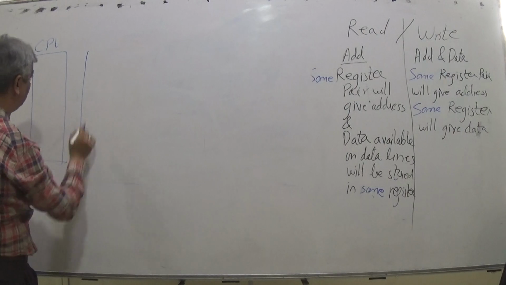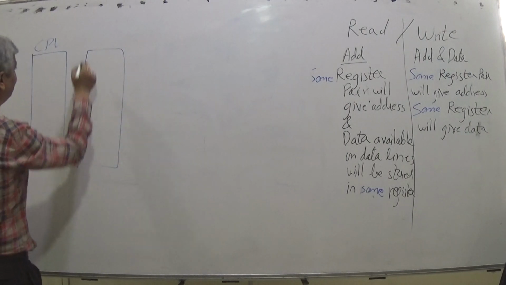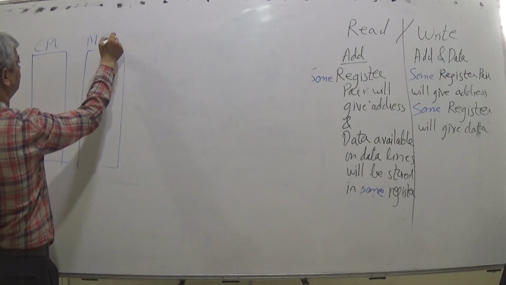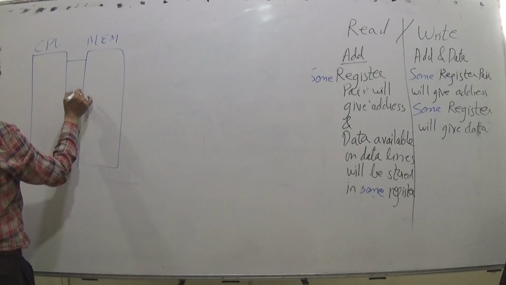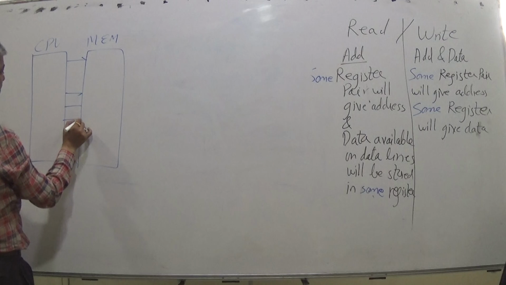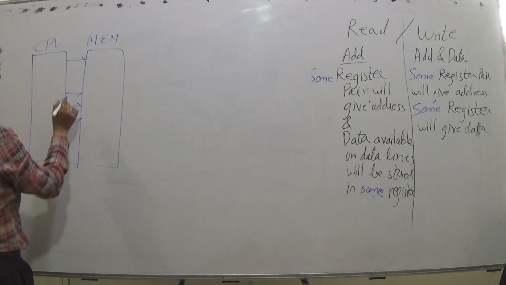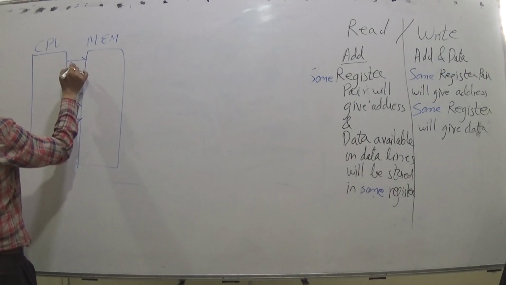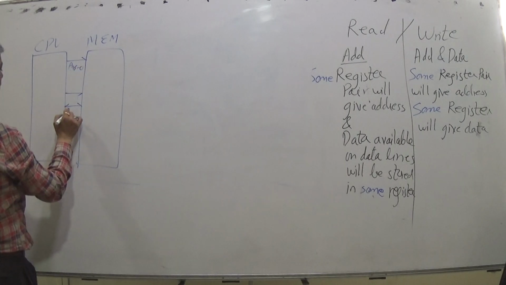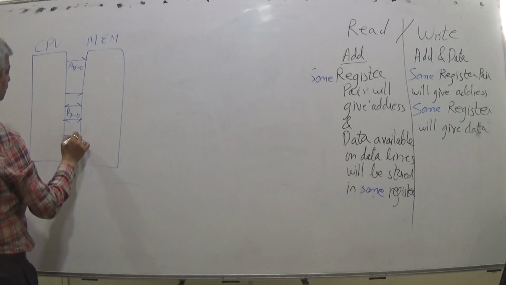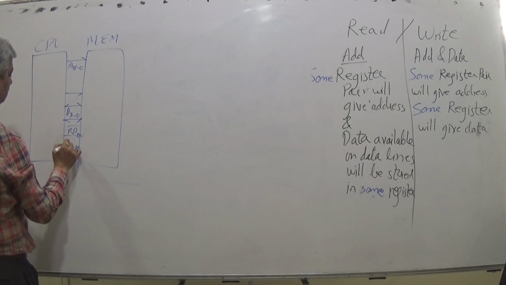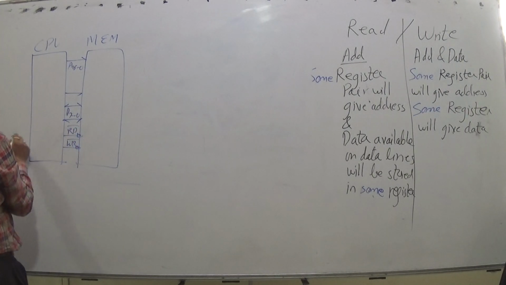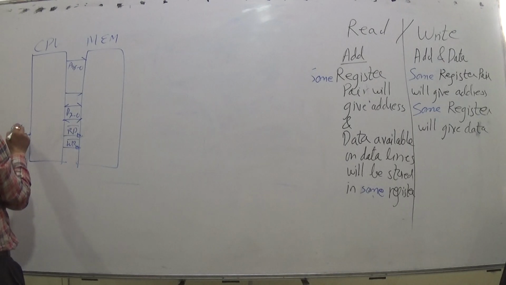CPU and memory block. Address, data, A15 to 0, D7 to 0, read bar, write bar, reset bar,